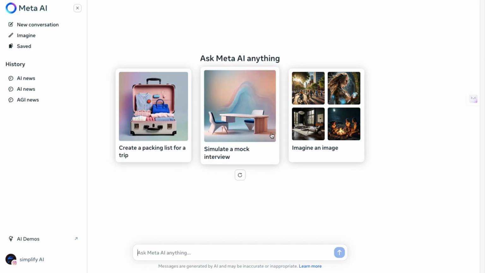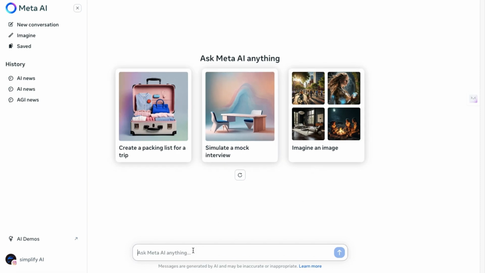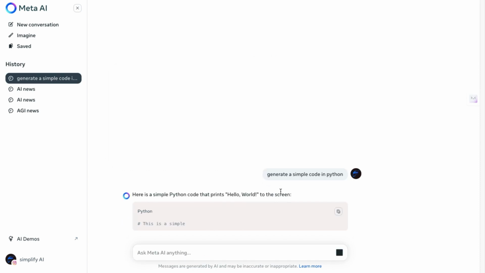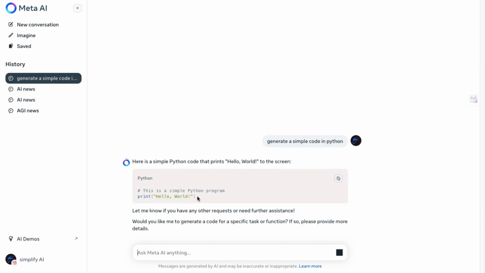Now, let's explore another feature of this software, text generation. You can still ask it to generate simple code in Python, like I did here. As you can see, it provides a basic Hello World program in Python. While it won't have advanced coding capabilities yet, it does have basic capabilities that will likely improve with the more powerful model. Keep in mind that if you are on a different platform, the code formatting might not work properly, such as on Instagram or WhatsApp.